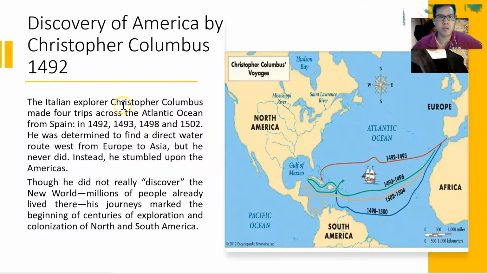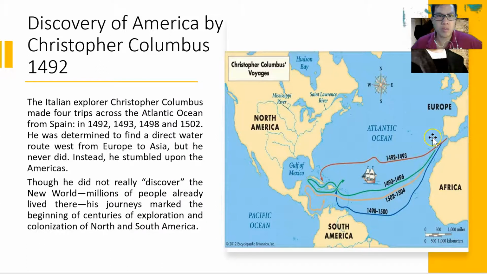So one of the Italian explorers, Christopher Columbus, had an idea. Since there was a lot of blockage from Europe towards the east side, he thought, why not travel from the west side, and from there go through to Asia, thinking it would be closer. Remember, last time we didn't have Google Maps and things like that, so they needed to rely on travel and exploring, which is why we call them explorers.